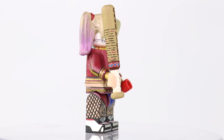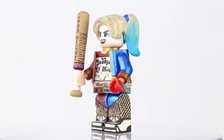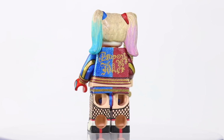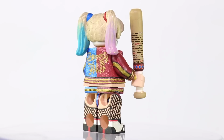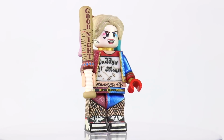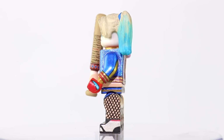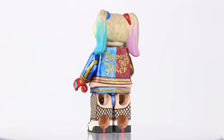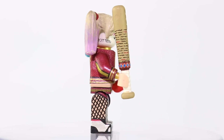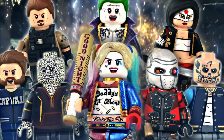But even on top of all of that, what was the most challenging part of making Harley was by far the legs, painting on all of the tattoos, and then the heel design wrapping around all 4 sides of the legs. It already sounds like an intense process, but then the fishnetting on top of that. Oh my god, this was probably to this day, once again, some of the most tedious paint work I have ever had to attempt. It was an insane process that, like I said, to this day, I am still so proud of, and that is why I think Harley Quinn from Suicide Squad is the best minifigure I have ever made,